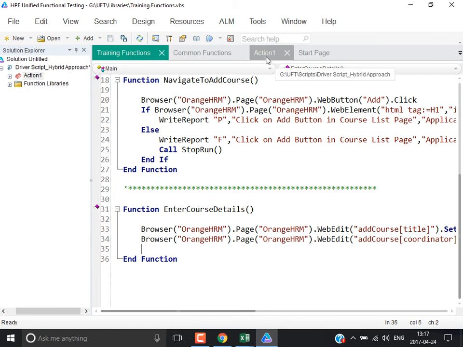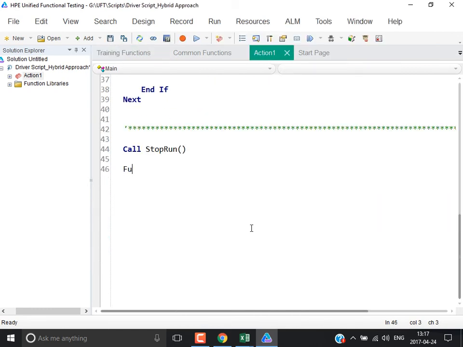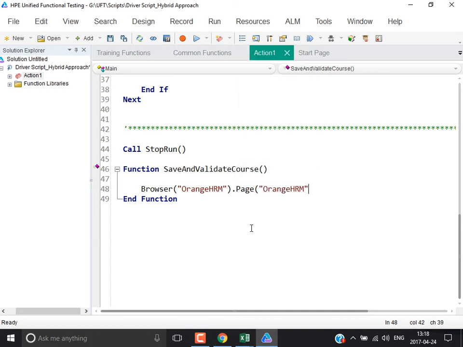So then function save and validate course, right? So now browser dot page dot web button of save dot click